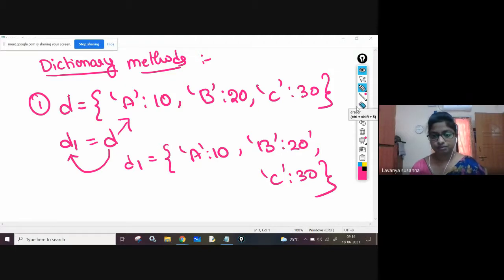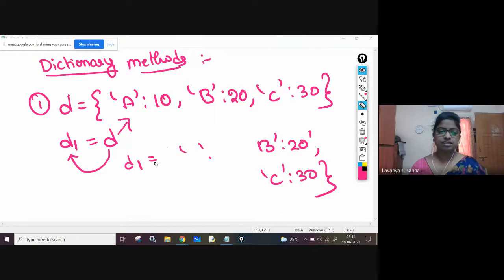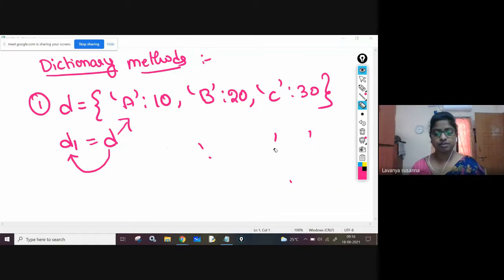Actually, in C++, if you do like this, a separate memory location will be allocated for D1. But coming to Python, it will not happen like that.